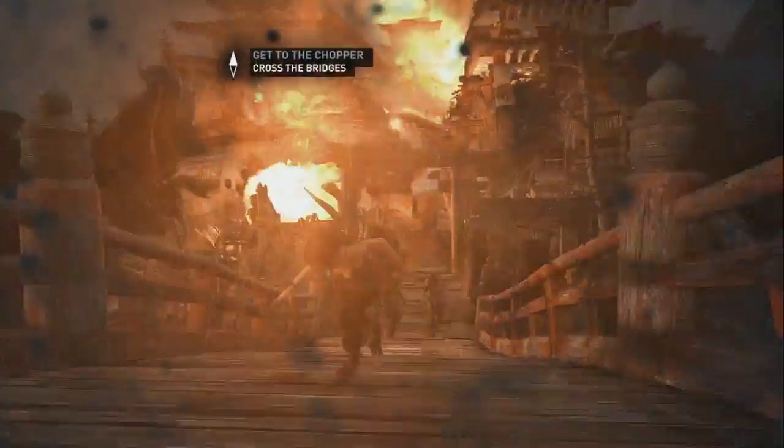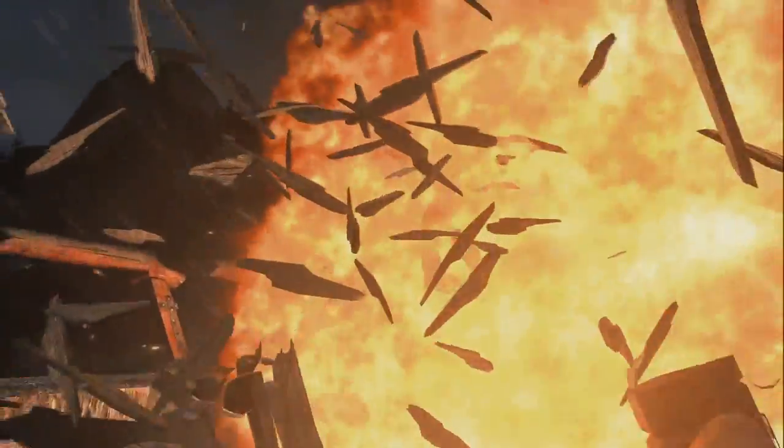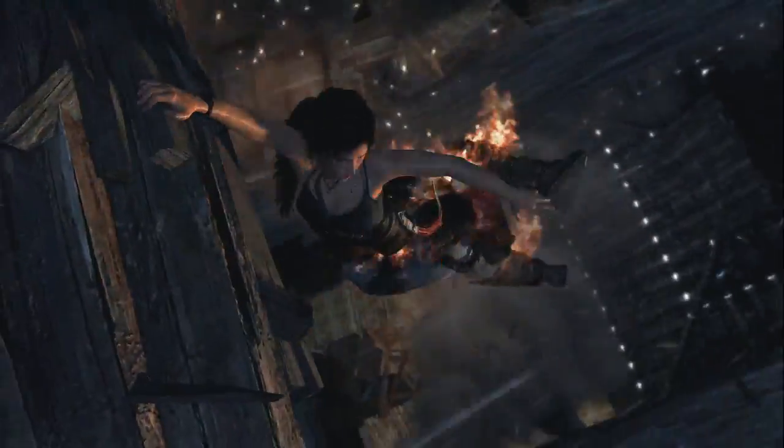So we love this area because not only does it just showcase these beautiful explosions, tons and tons of particles in the air,